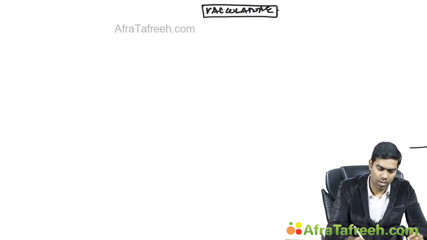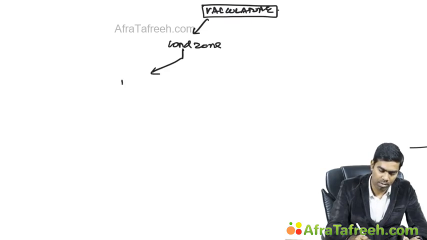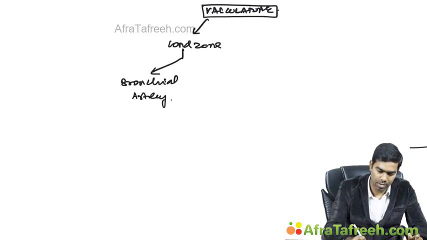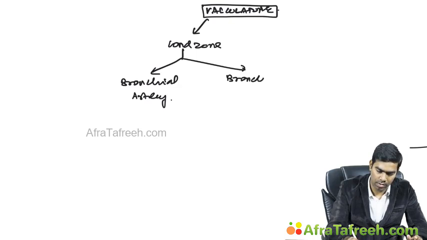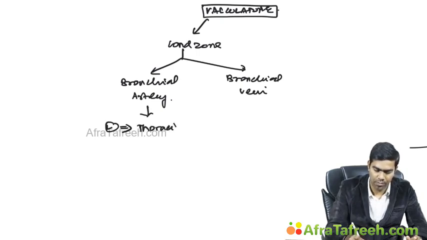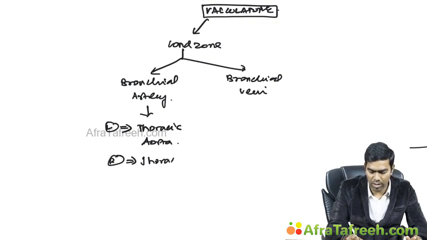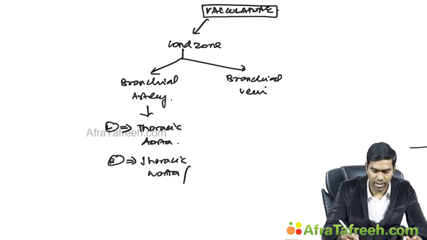I told you, your conducting zone is going to be supplied by the bronchial artery, and it will be drained by the bronchial vein. So let us put the bronchial artery here, and we put a bronchial vein here. Where do the bronchial arteries originate from? The left bronchial artery originates from the thoracic aorta. The right bronchial artery can originate either from the thoracic aorta, or from the third intercostal artery,